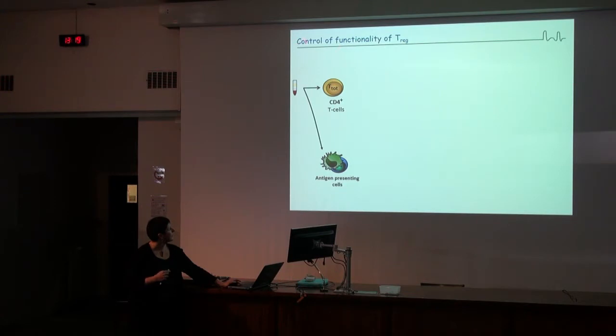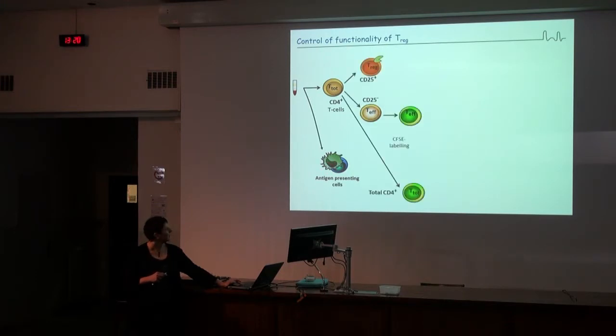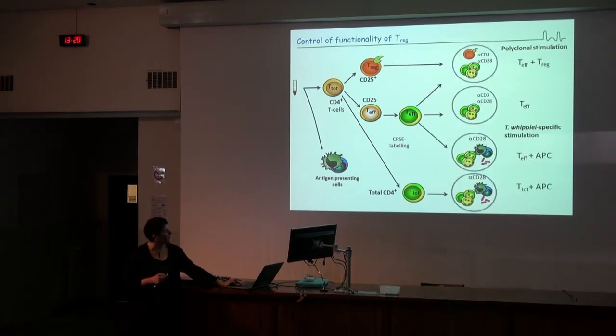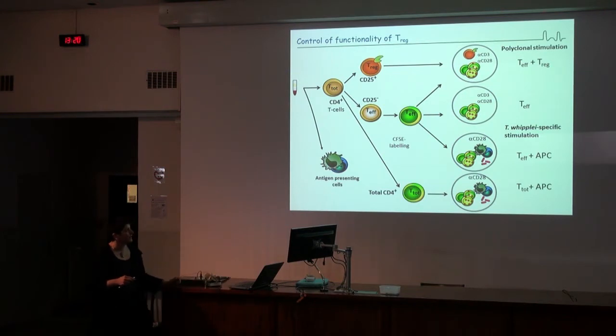For that, we divided blood samples into total CD4 positive T cells and antigen-presenting cells. These total CD4 cells were then divided into CD25 positive regulatory T cells and CD25 negative effector T cells, and the total T cell compartment was also included. The responder cells were marked with CFSE, which enables the monitoring of proliferation of the T cells, and then we combined different combinations to look if the regulatory T cells are able to reduce unspecific